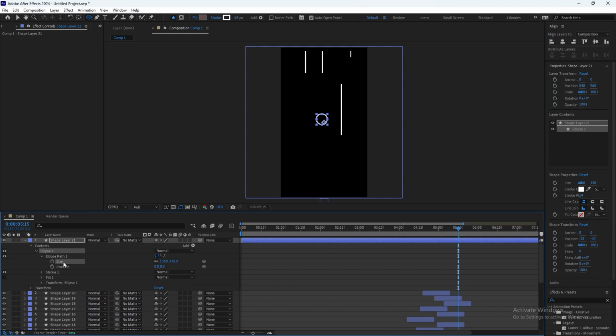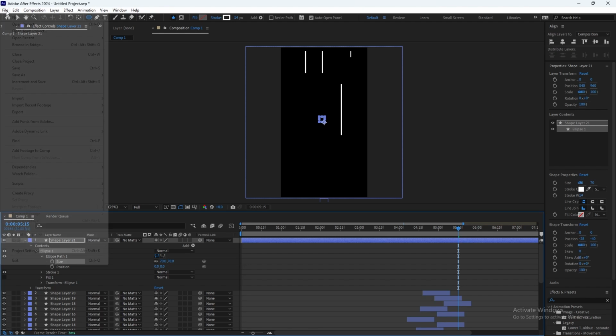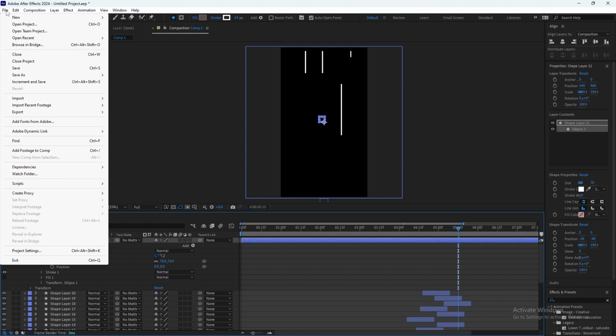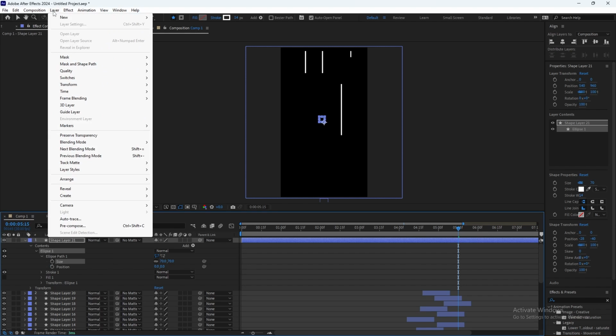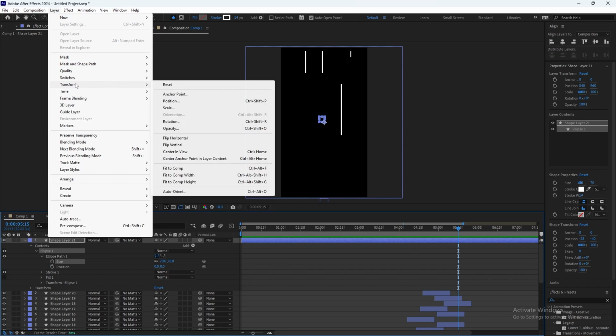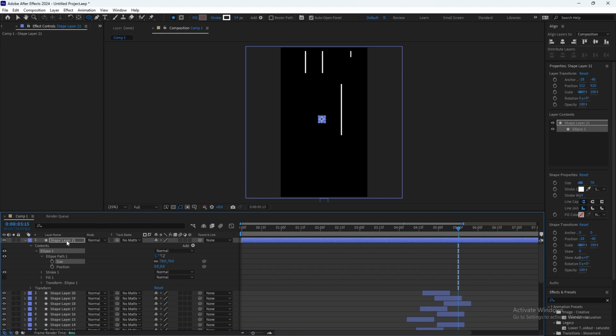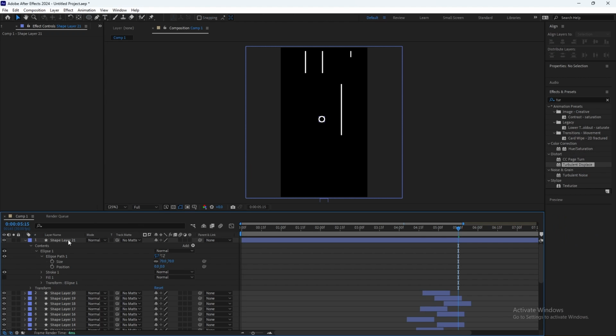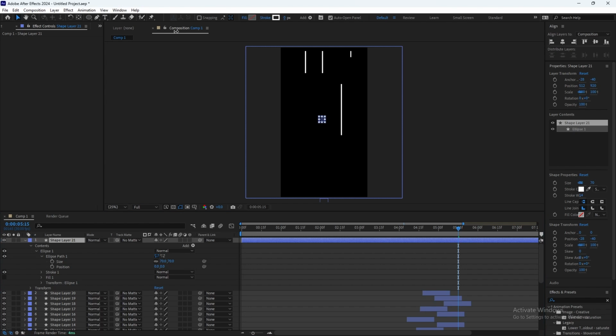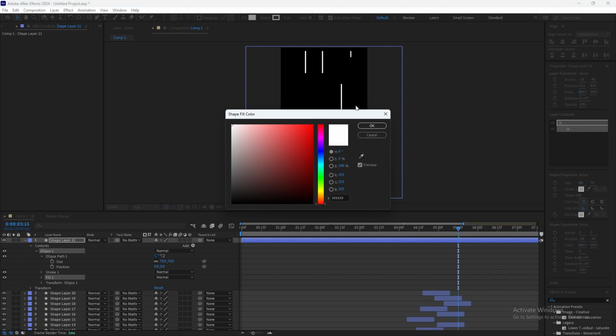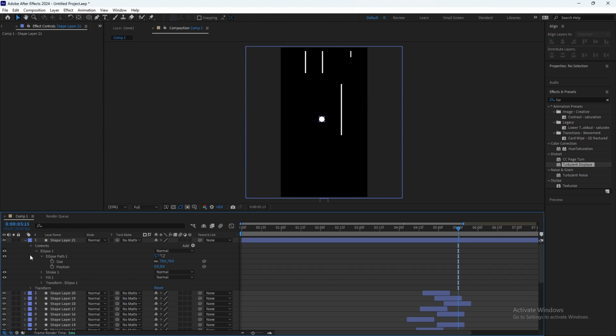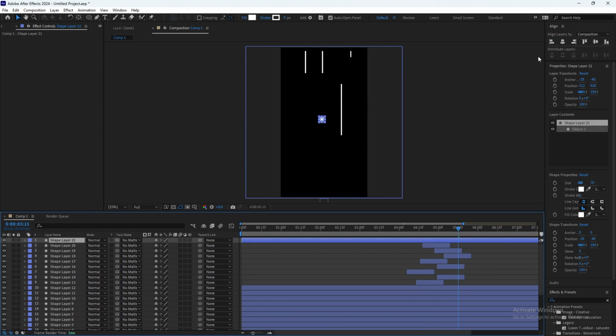Ellipse path size, change it to 70, so we could make it a loop because we started the ball with 70. And layer, transform, center anchor point, and delete the stroke and add a fill, put it in the middle.